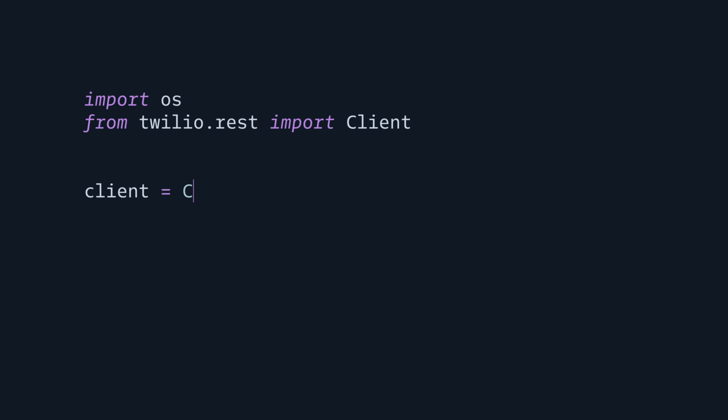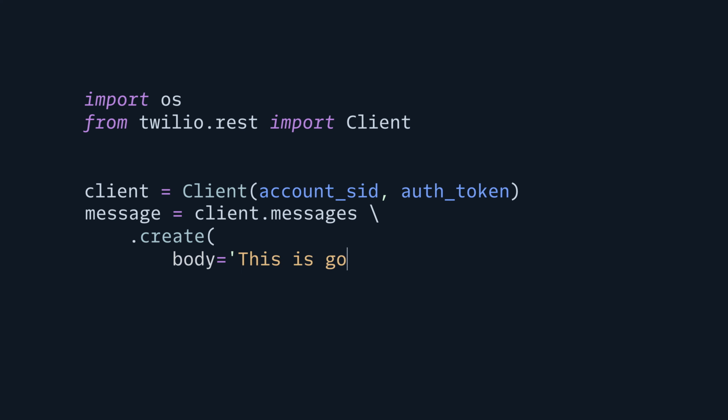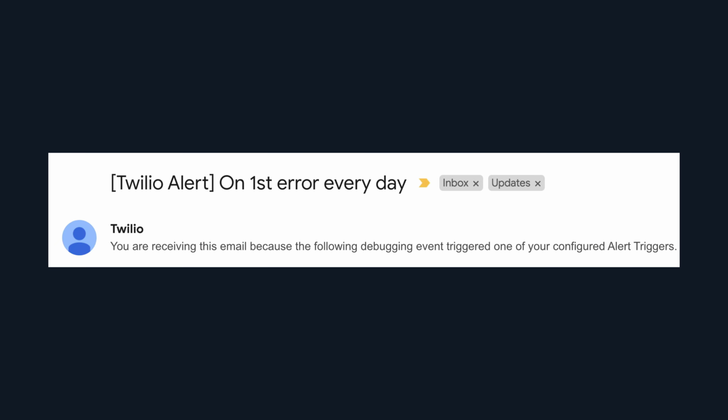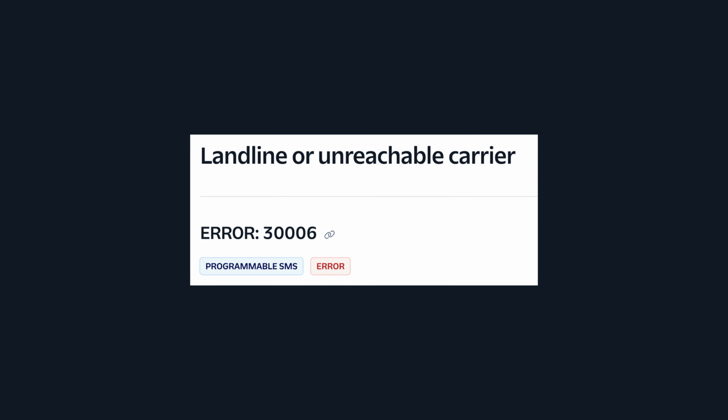Sending a text message using Twilio is a fairly straightforward process using the Twilio REST client. You write a little bit of code and you can send an SMS to the number of your choice. Sometimes, however, you're going to run into errors. And if you've run into this error, it means you sent a text message to a landline or another device